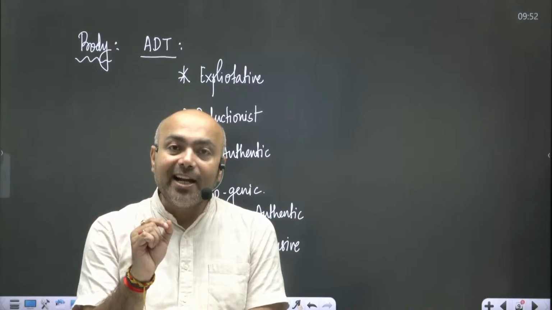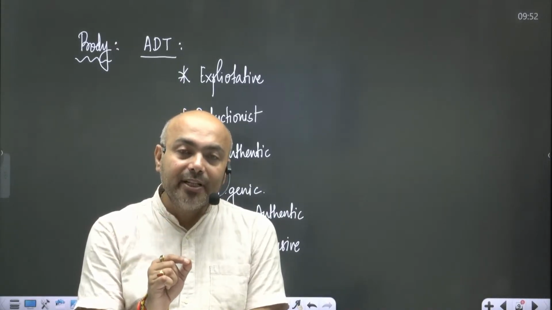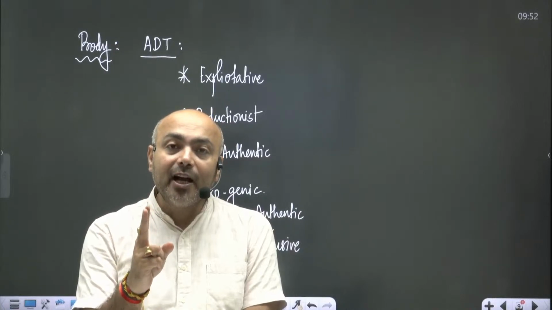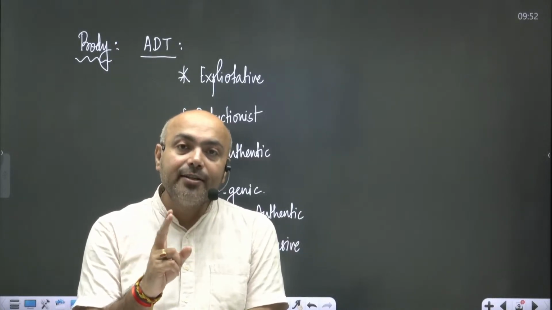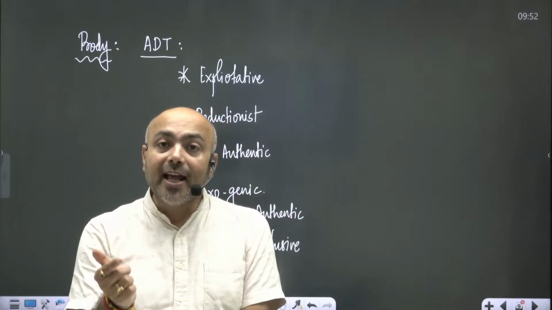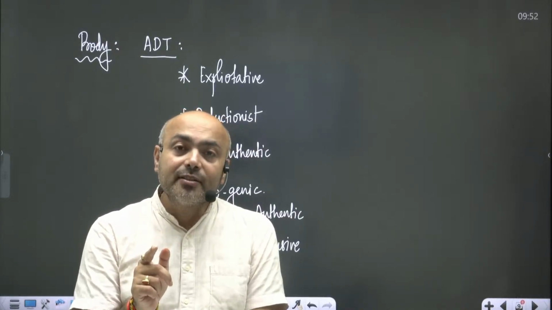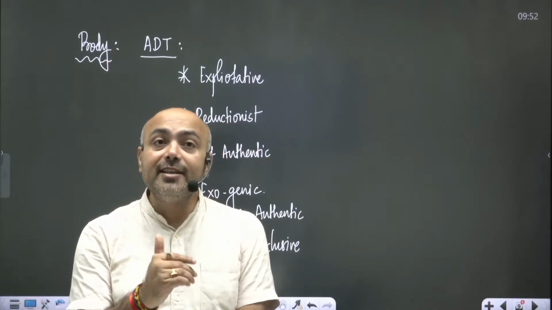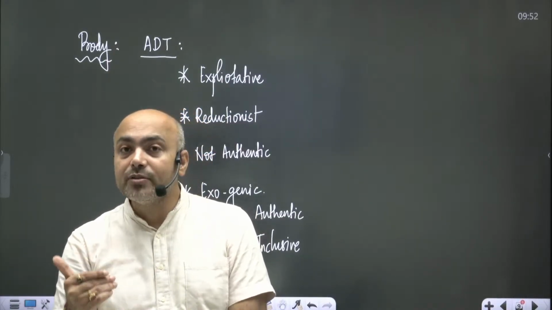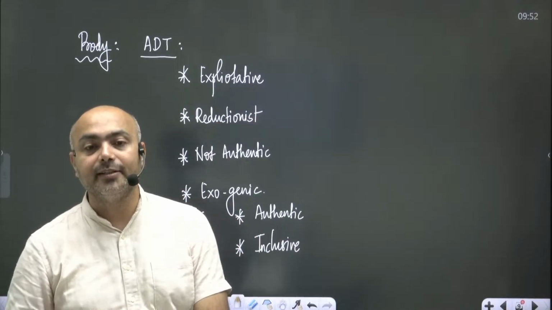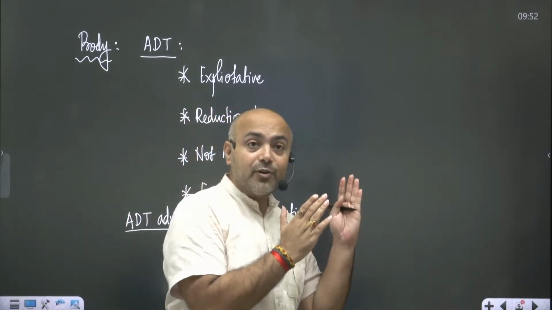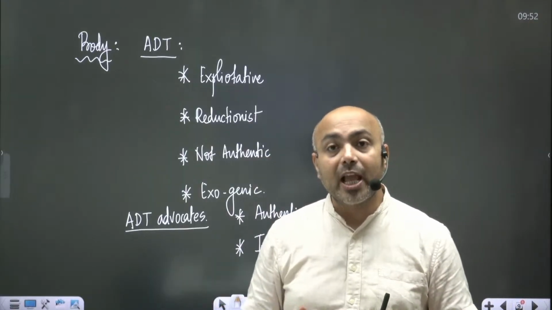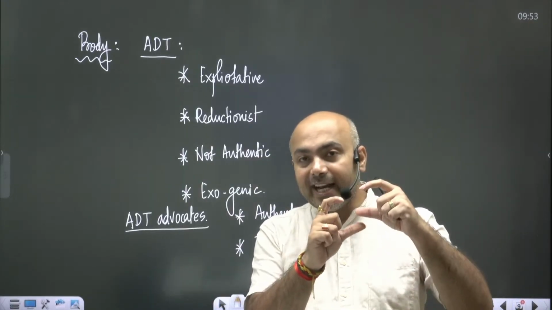The advocates of the anti-development thesis say that development and underdevelopment are the two sides of the same coin, and one happens at the cost of the other. So if there is development, it is because of underdevelopment. So development for some, but underdevelopment for the rest. And then, by writing maybe 2 or 3